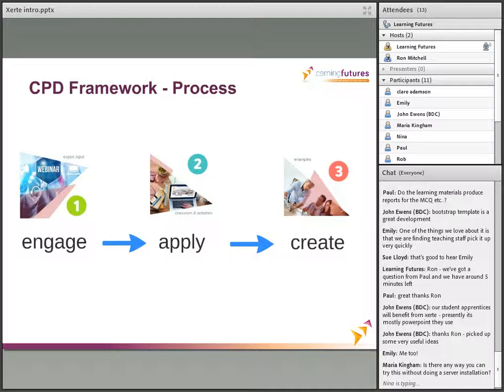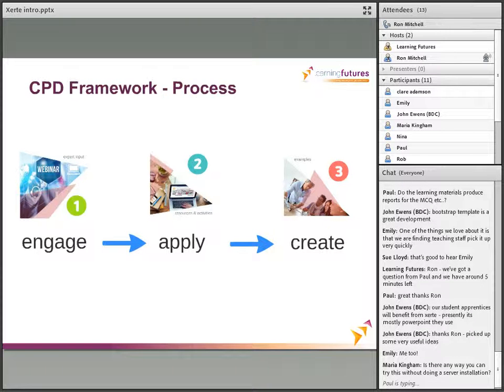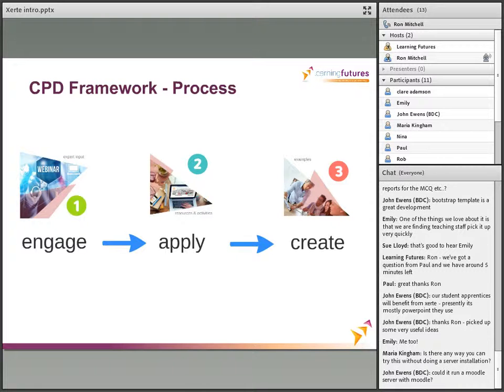Ron, if you're still there, just want to pick up a question from Maria. Yeah, it's always a challenge. Yes, well there is. You can download a thing called XAMPP, and you'd need some help with this probably, and then get somebody to install Xerte on your local machine. There used to be the JISC TechDis Sandpit, but obviously with the changes and TechDis disappearing, that hasn't been re-established. I have to say though that there's some positives to that. It might not seem that that's the case right now.